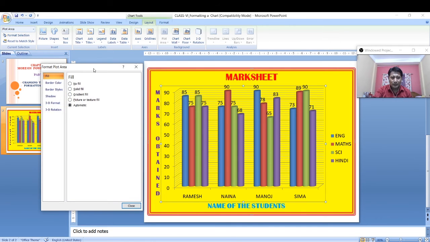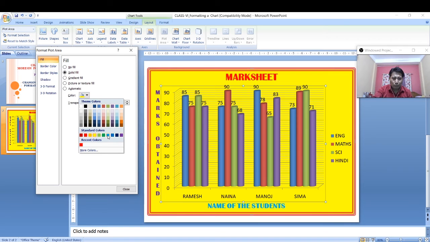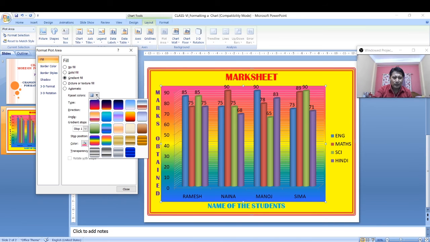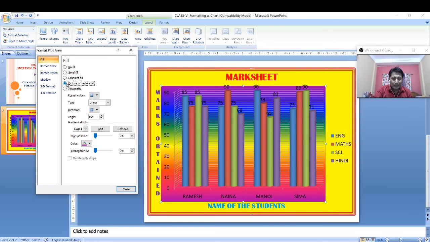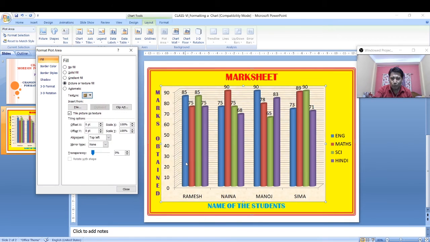Okay, so this is the format plot area and it is very much similar to the format chart area. Okay, now again you can fill the plot area using either the solid color that you want to apply. If you want, you can use the gradient with different presets color. Okay, here you can also apply the picture or a texture. So here is a texture. You can use the texture that you want to apply, or you can also go to the file button and apply the picture in the same way that you have applied for the chart area.